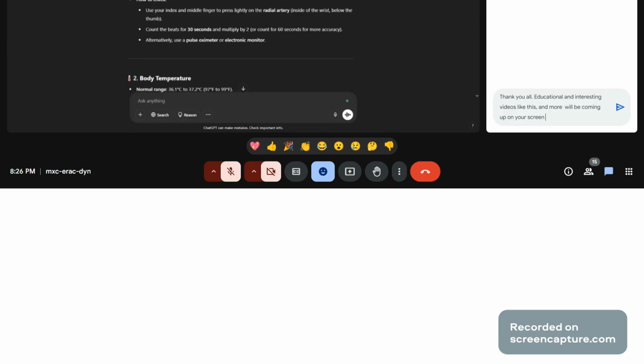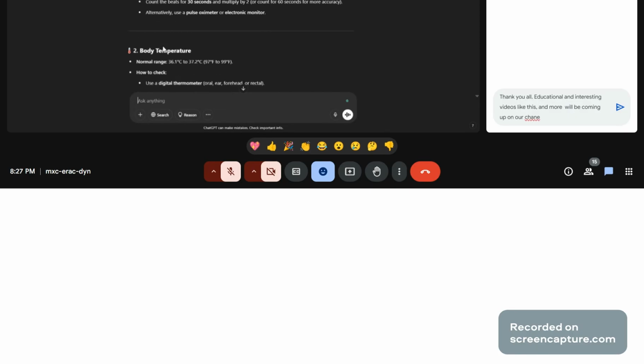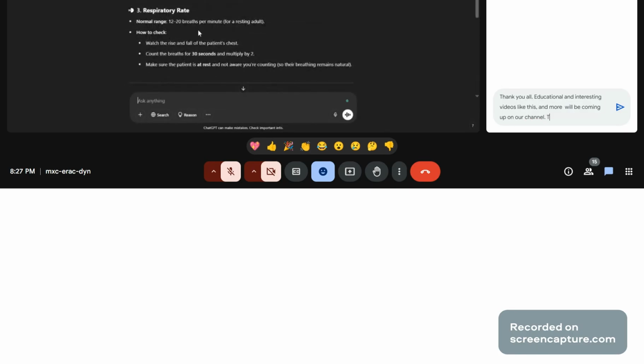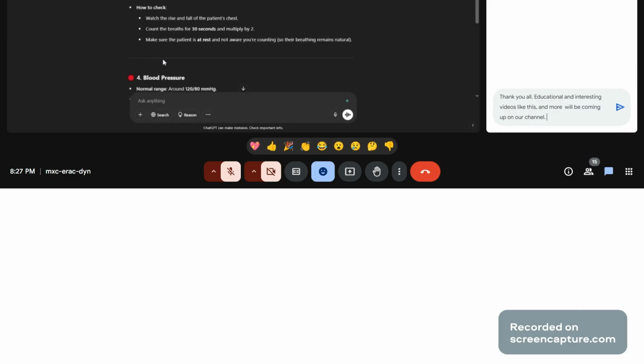Count the number of beats for 30 seconds and multiply by 2, or count for 60 seconds for more accuracy. Alternatively, you can use a pulse meter or electronic monitor. Then body temperature, they've given us this. Respiratory rate, they've given us to watch the rise and fall of the patient's chest and all this.